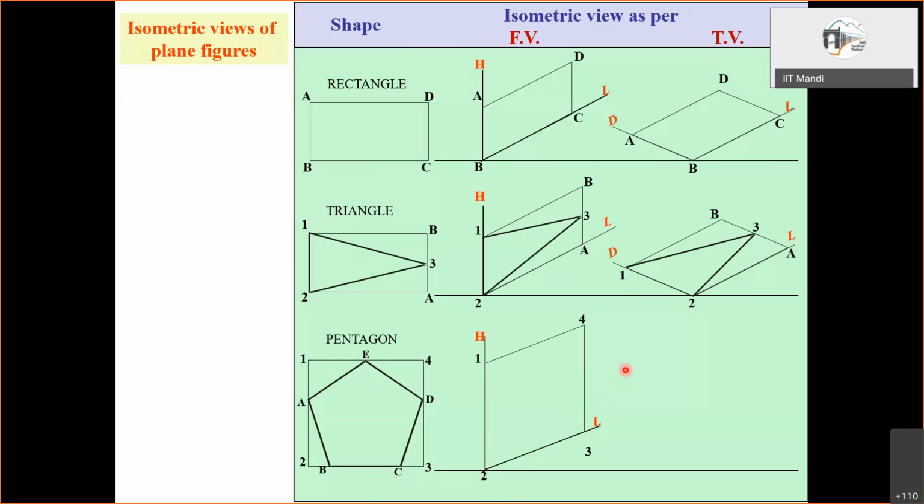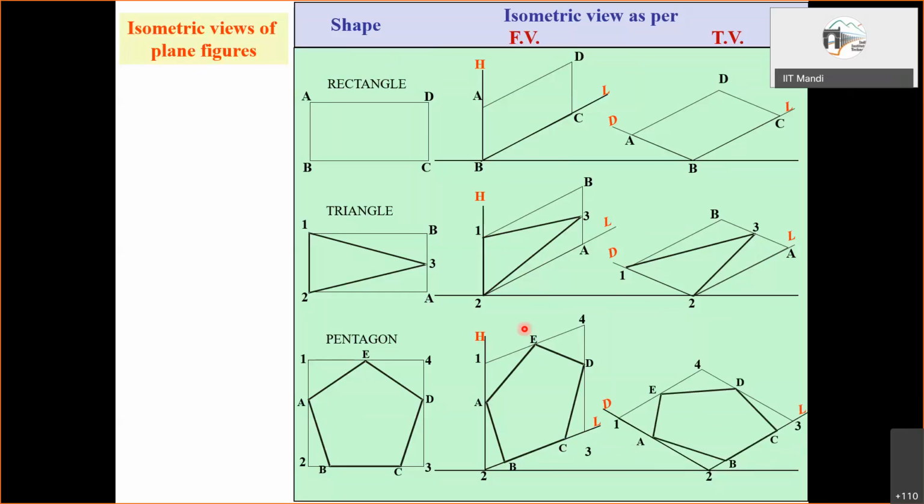Next, you will locate all of A, B, C, D, E on this. So on this 1, 2, you will locate A. Measure this distance 1A and locate A. Likewise 2B, then locate B, then 3C, locate C. Likewise D here, E here, and then join them all. So first of all, locate these points and then join them all to obtain the pentagon in this front view configuration in the isometric view. For top view, again, both the lines incline 30 degrees and then we obtain this. So these points are located on the rectangle, then you join them to obtain the top view configuration.